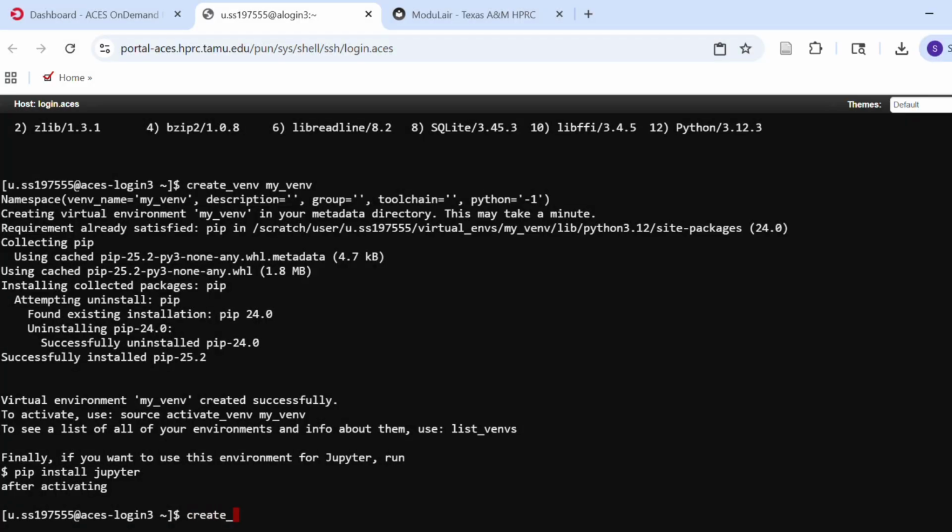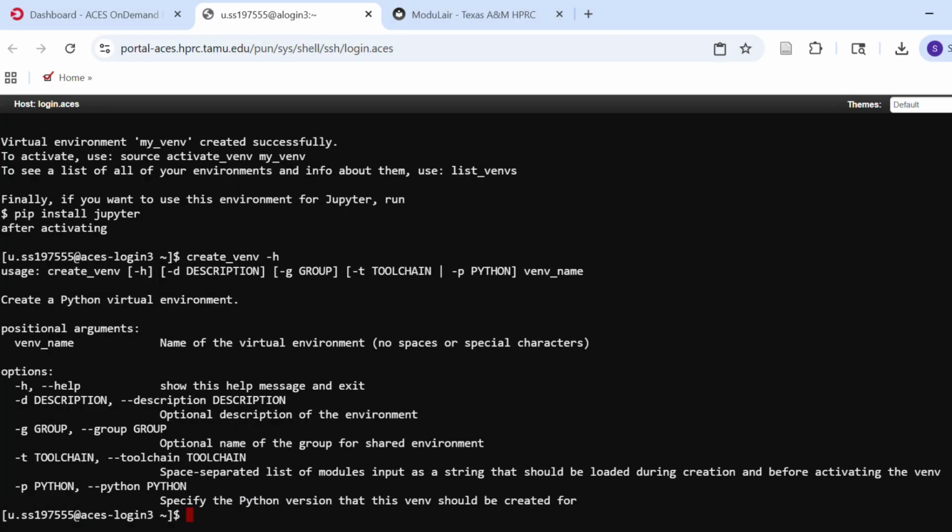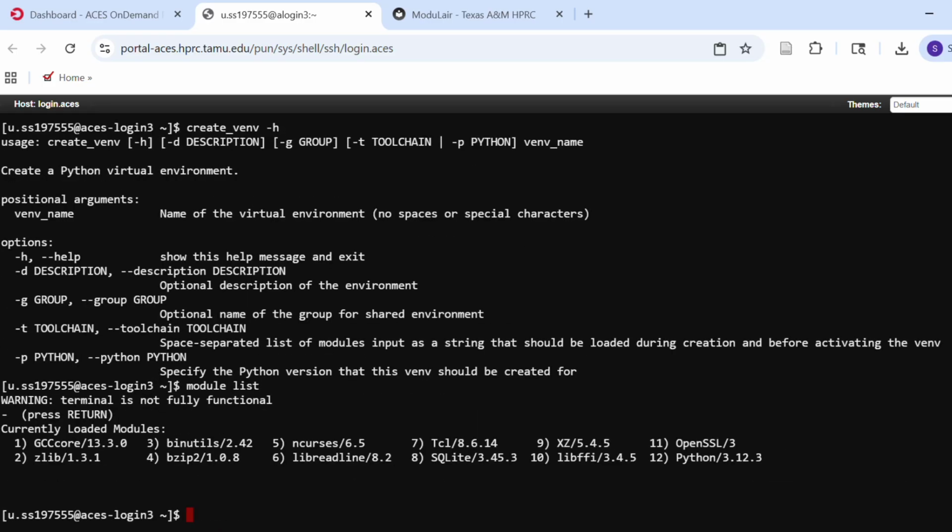The next flag of create venv is the -g, or the group flag. This is great if you want to create a virtual environment that you want to share with your group. It will be created in the group scratch directory. To get started, we will load the modules. In this case, they're already loaded, but we can confirm that again using module list, and you can see we still have them loaded. Now we can do create venv,